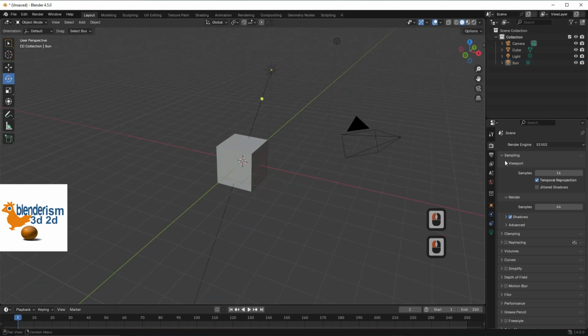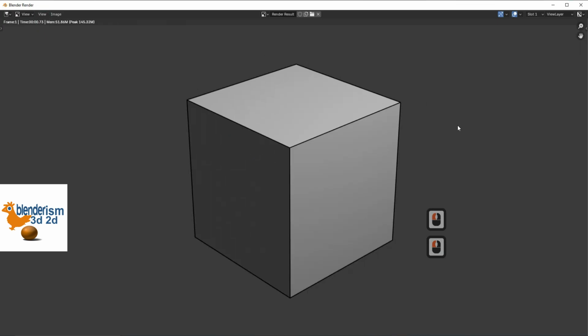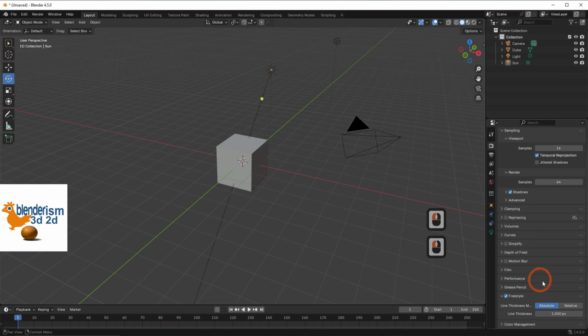Go to render properties and scroll down and check the freestyle. Go again to the render menu and select render image. The outlines appear. If you want to increase the thickness of the outlines, go again to the freestyle and from